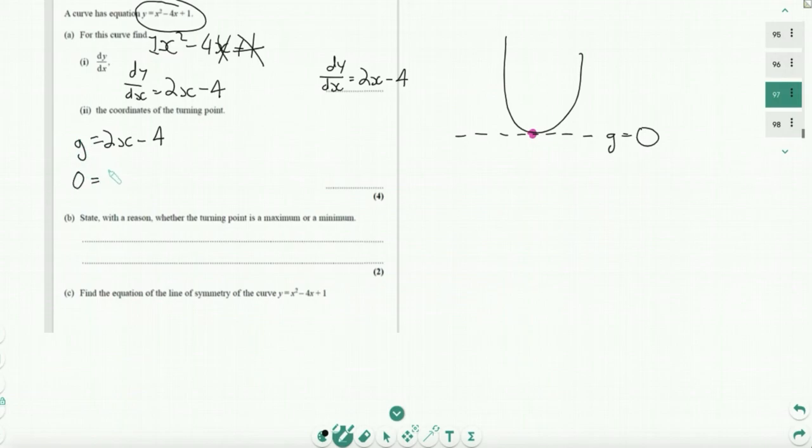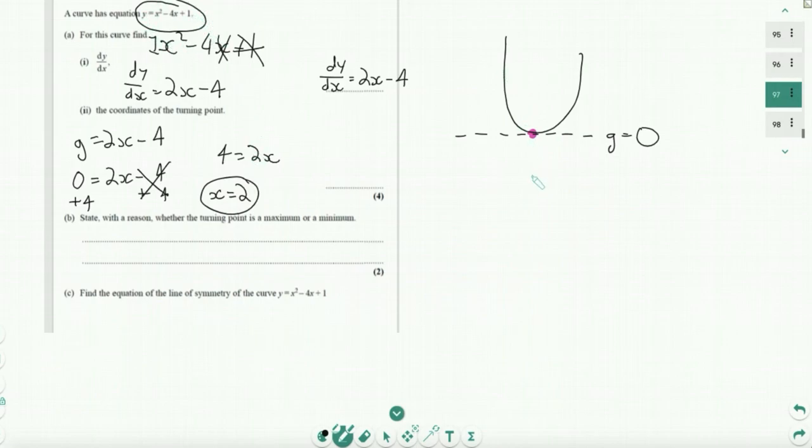So 0 is equal to 2x minus 4. And we'll just solve it. Plus 4 to both sides, plus 4. So 4 equals 2x. 2 times what is 4? X must be 2. To find the y coordinate, we're going to replace x is equal to 2 back into